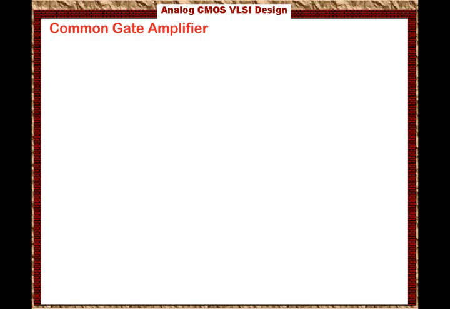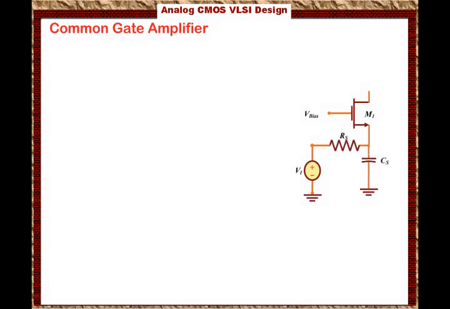We are also interested in the frequency response of the common gate amplifier. The common gate amplifier will look like this. We will have the transistor M1, which behaves as an amplifier. This transistor is biased at the gate with V biased, and the input is applied at the source, where at the source we have VI connected to RS, and over here we have the source capacitance, we're going